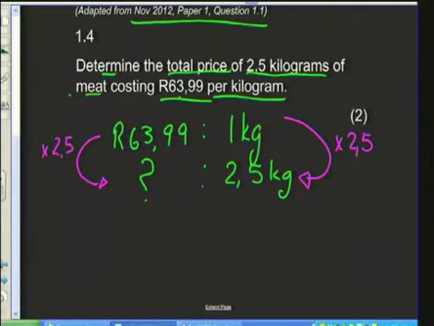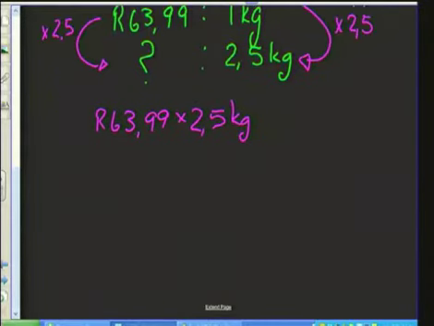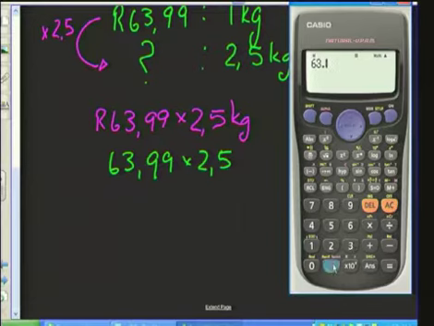And then I want you to actually write this out. So I want you to then see, well, actually we're taking our $63.99 and we are timesing that by 2.5 kilograms. If you would like to leave out the units in the question, while you're doing the calculations, you may. So instead of writing it like that, let's go back to the green. We could have said, well, okay, $63.99 times 2.5. I'm happy with that. But when you get your answer, don't forget that you need the units. So let's get the calculator out. 63.99 times by 2.5, and we get an answer of